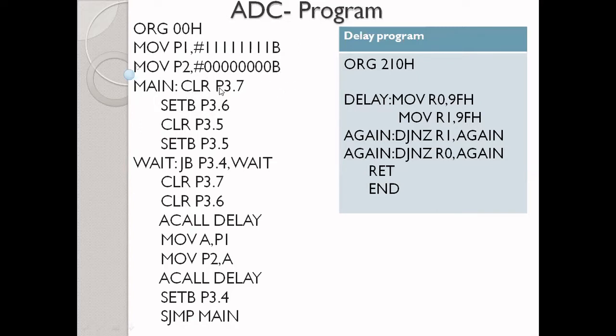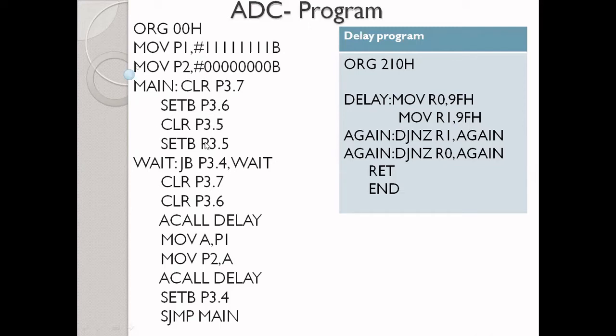First, I am going to clear P3.7, that is port 3, 7th pin, which is CS, chip select, always 0. So here you can see 0. Next one is SETB P3.6, that is called the write pin. Initially it is high. Next, CLR P3.5, now the read pin is 0.